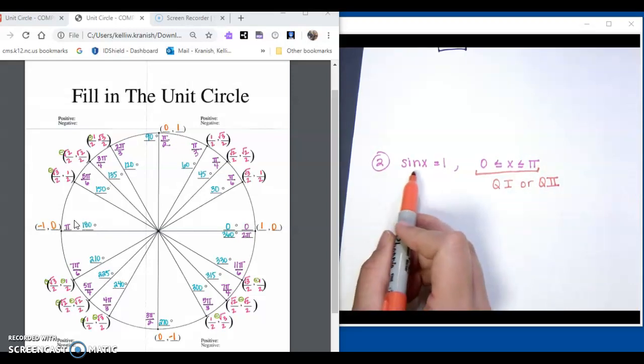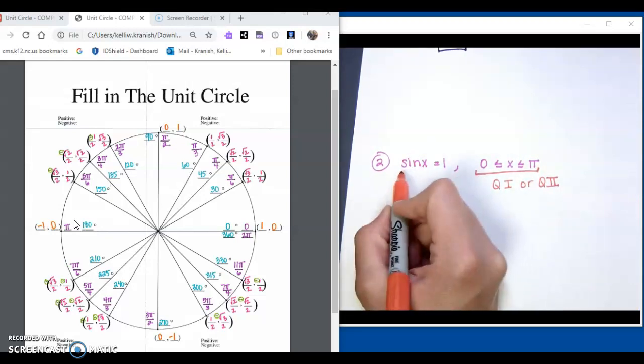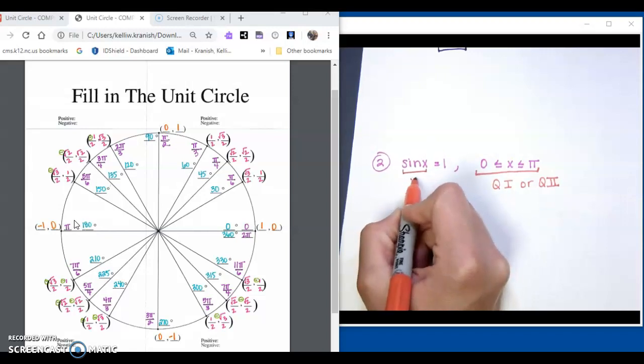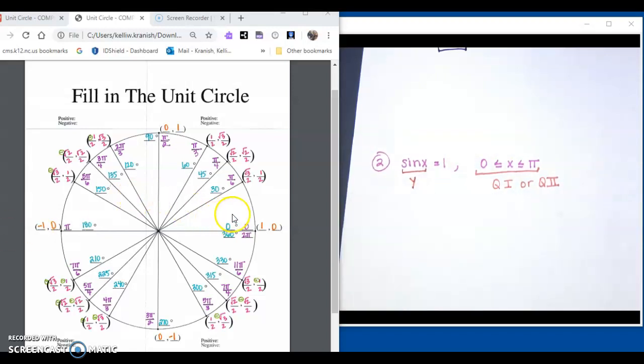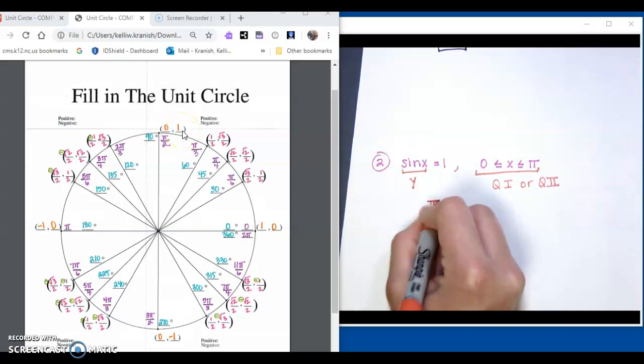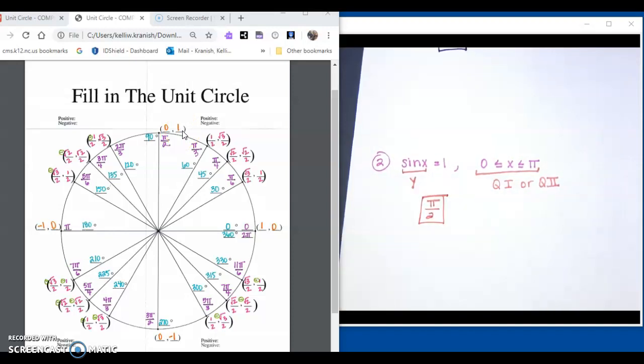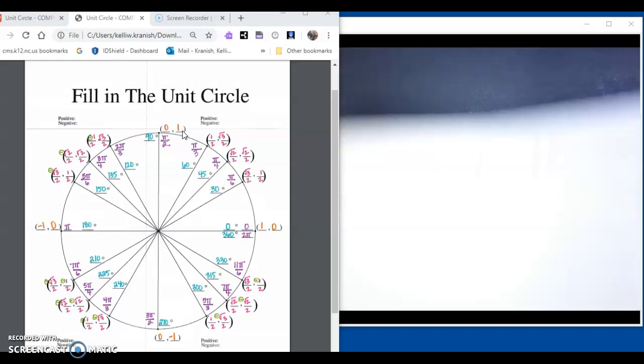Okay, so it says sine x equals 1. Sine, we know, is the y value. So we're trying to find in the first 2 quadrants, from here to here, where our y value is equal to 1. So if you look up here at pi over 2, we have (0, 1), and that y value is equal to 1. So this should be pi over 2. Alright, so then if we take a look at number 3,